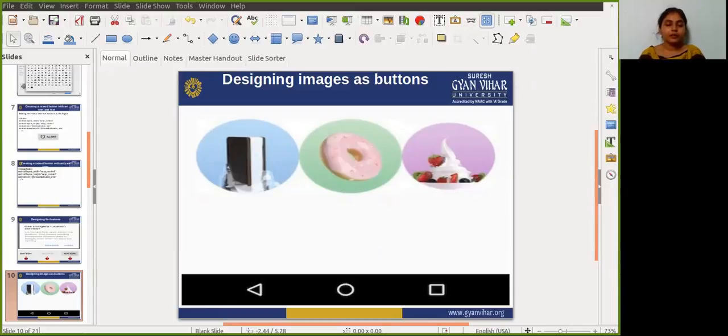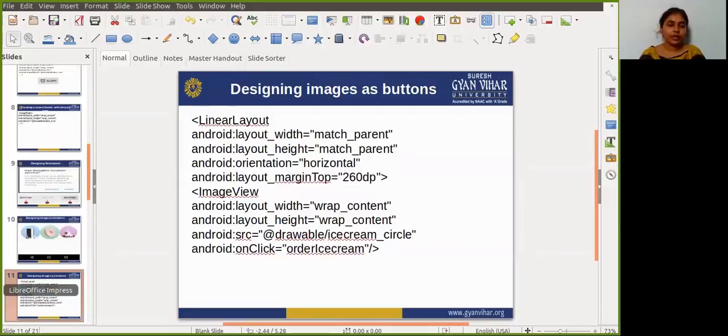For example, the following images from the drawable folder are defined for image views and grouped in a linear layout set to horizontal orientation so that they appear side by side. For creating this image button, you need to write the following code.